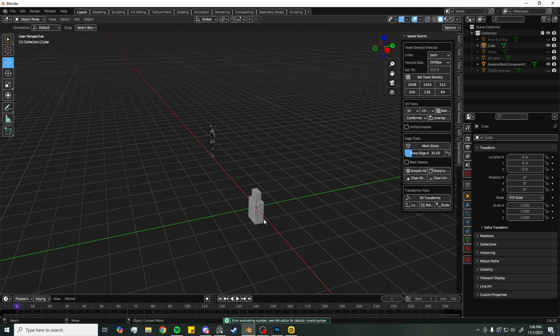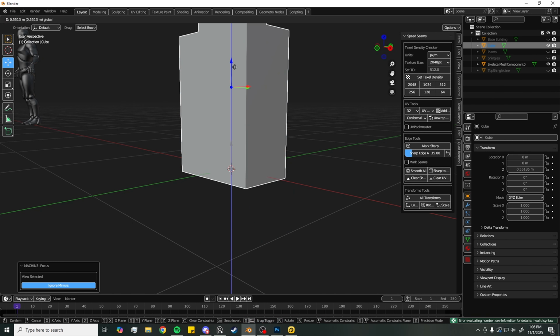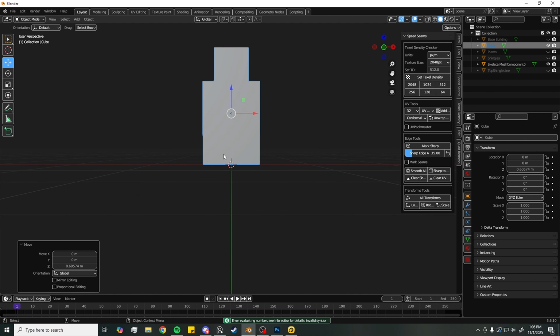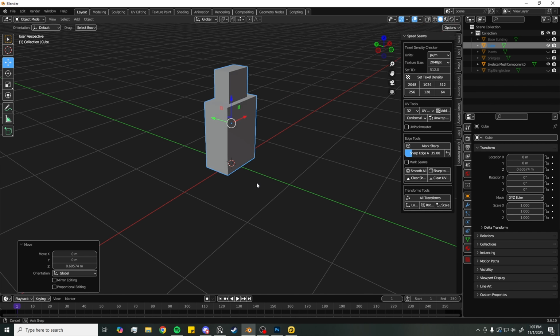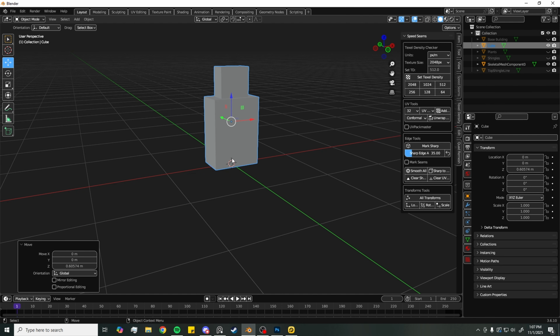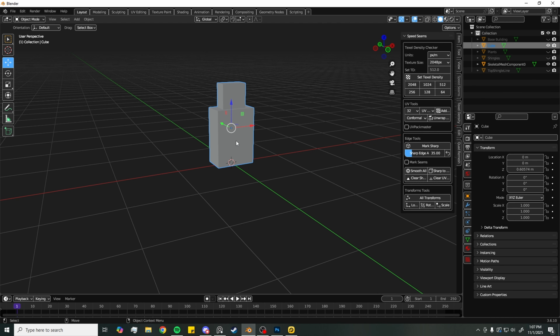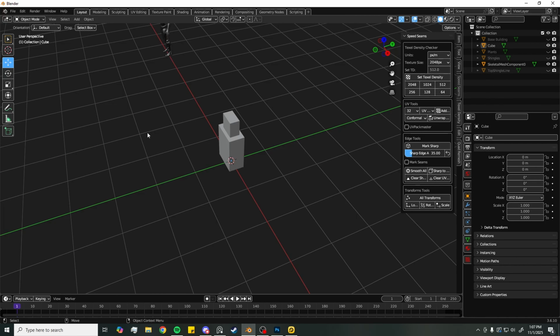Okay. And then now that we're back at the origin point, I would move this up a little bit because I'd want to place it based on the bottom of the mesh. So wherever the origin is in Blender is where the gizmo is going to be in Unreal Engine. So just something to keep in mind there. So that's how you'd make